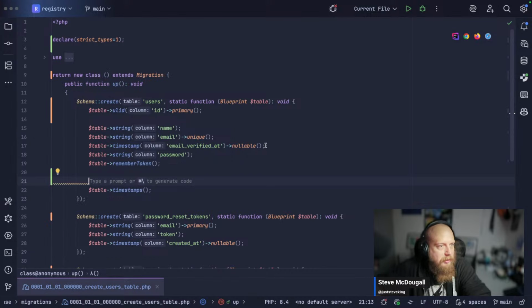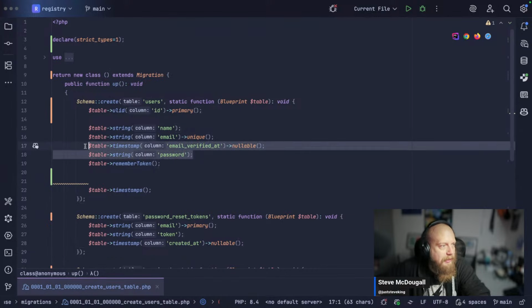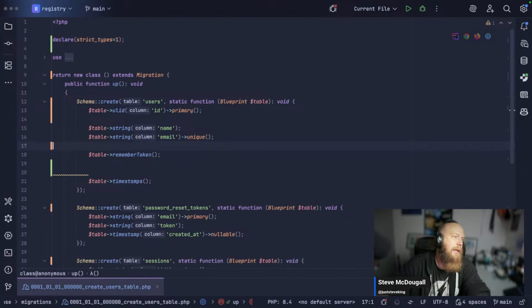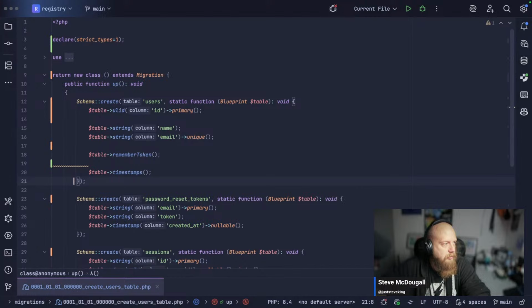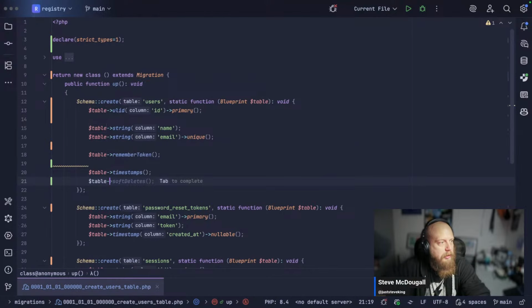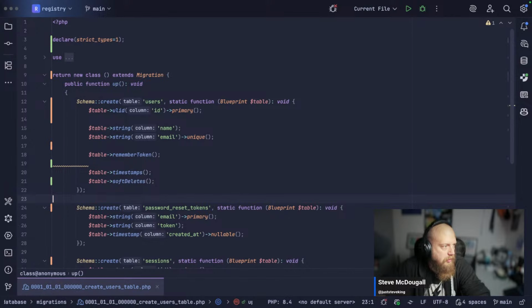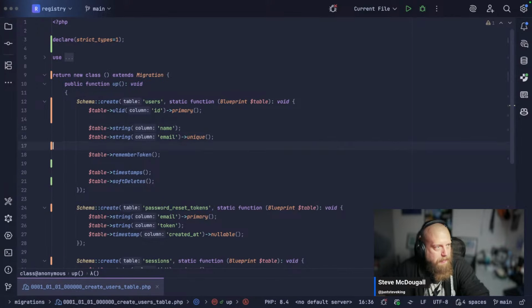I don't need an email verified at or a password, but we do want that. We are going to add soft deletes. So we've got a name, we've got an email,